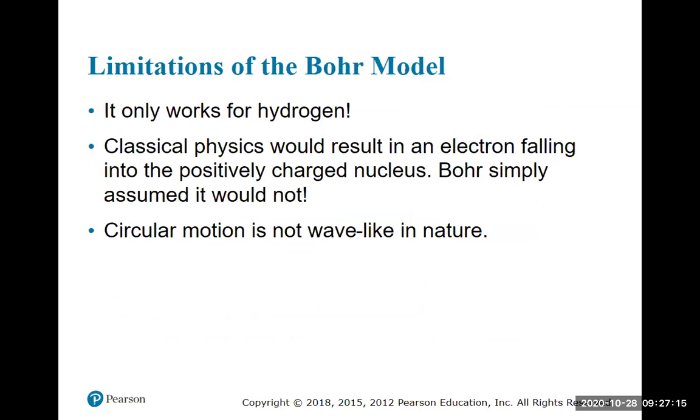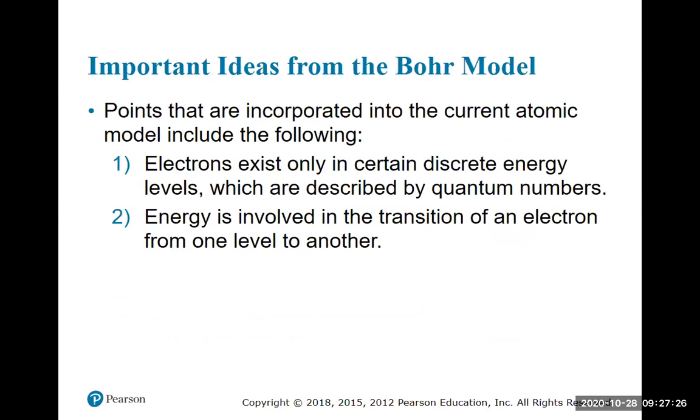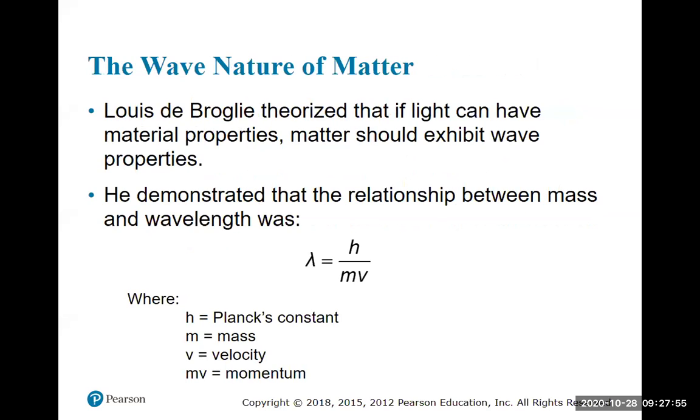We talked about how this all sounded really good and we were excited about it, thought this is great, but it only worked for hydrogen. And unfortunately for Bohr, there's a lot more going on than hydrogen. He had some good things: electrons exist only in discrete energy levels, which you can describe by quantum numbers, and we'll talk about those quantum numbers again in a moment. And energy is involved in the transition of an electron from one level to another. Those are some good things that came out of his theory, but there were some weaknesses, and that led us